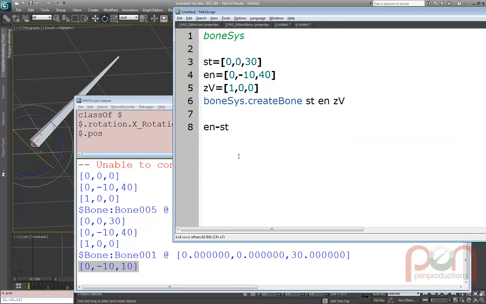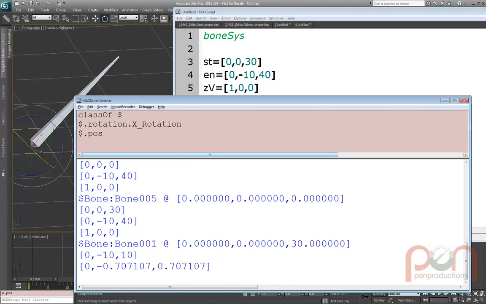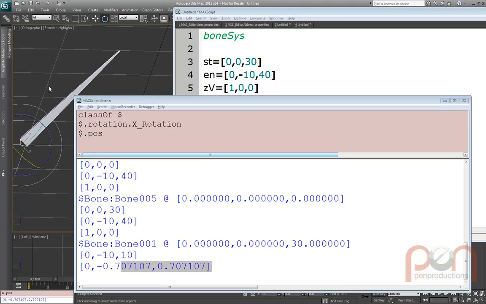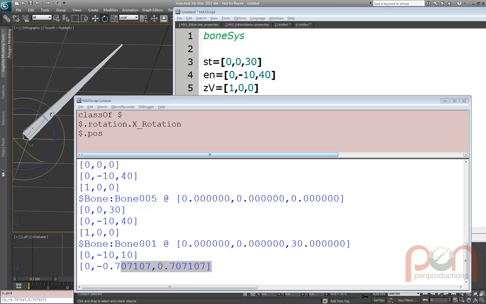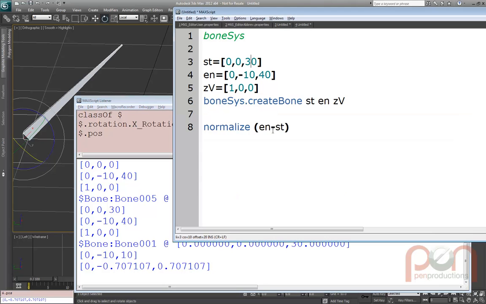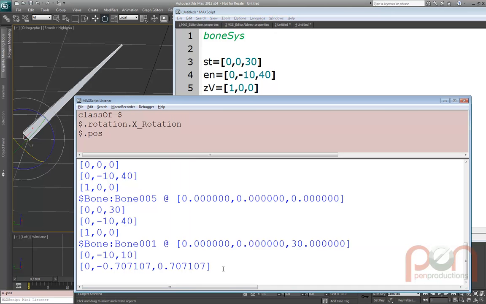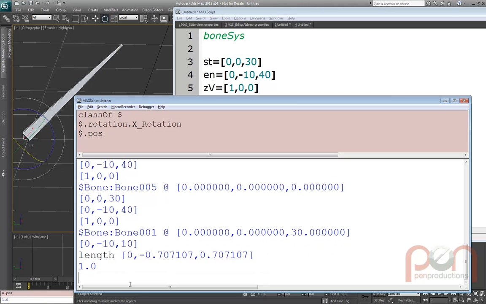And then what it says is normalize that vector for me into a unit vector. And there is our 45-degree angle that we currently have on that bone slanted forward. Remember when we rotated something 45 degrees, we got this value? So normalize is a command that takes a vector and turns it into a unit vector. Basically it takes it down so it's 1 unit in length. You can actually ask the length of this vector and it returns 1. If we ask the length of the other vector,